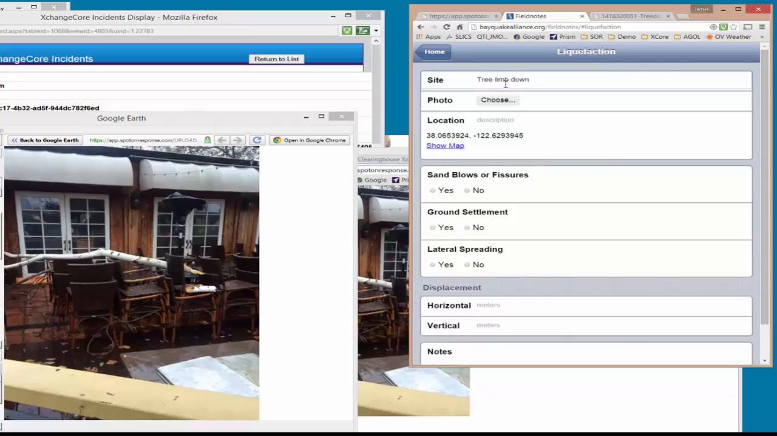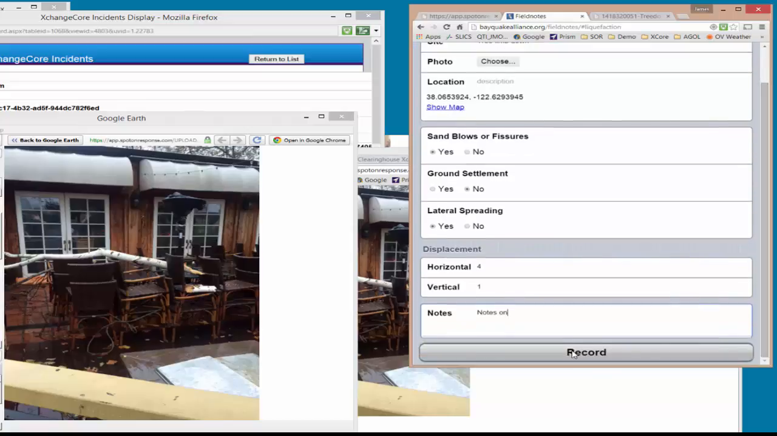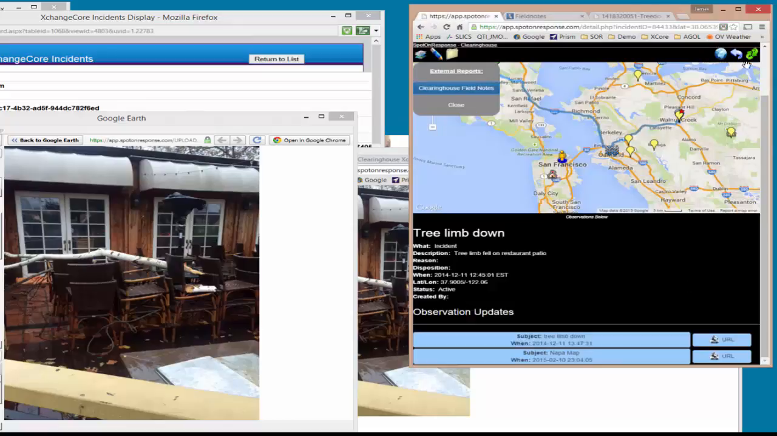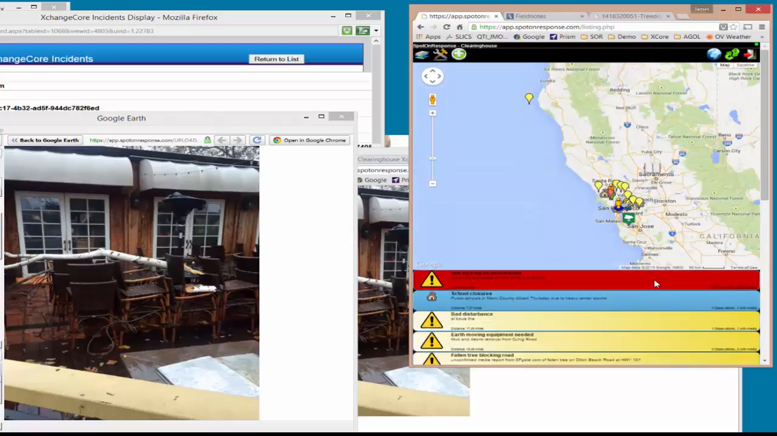So it has taken all the information out of spot-on response and related it back to Clearinghouse Field Notes, including its location. I'm now a scientist who knows what I'm talking about, which I don't. Lateral spreading, 4 meters there and half a meter there. I can put some notes in here, and then go off and publish that information out to the Clearinghouse Field Notes, which will then share it out with XchangeCore, bringing that information right back to applications like spot-on response,